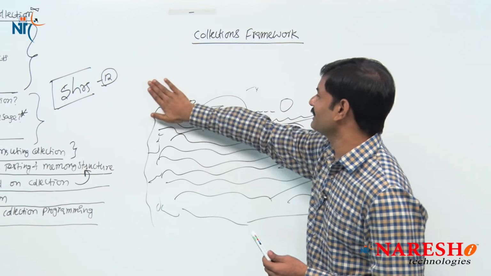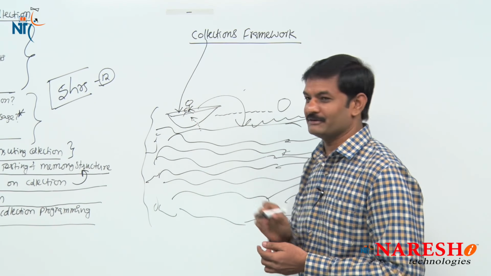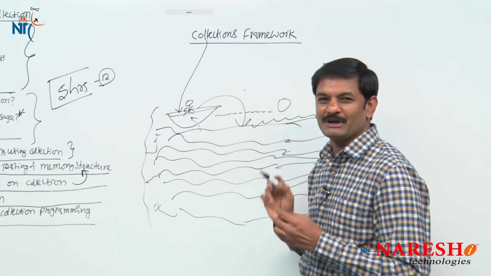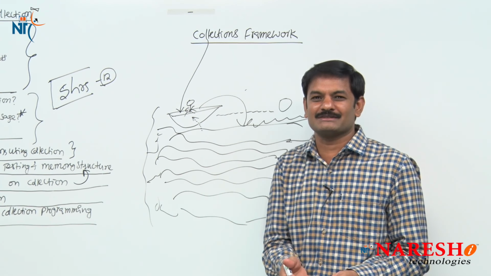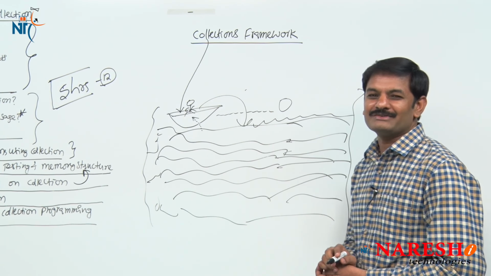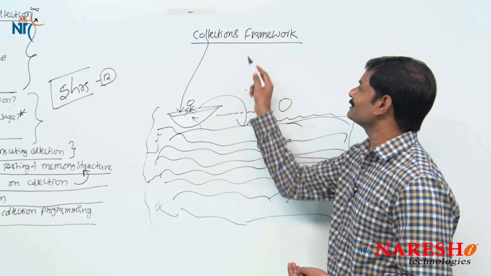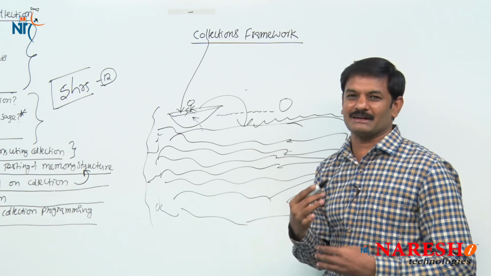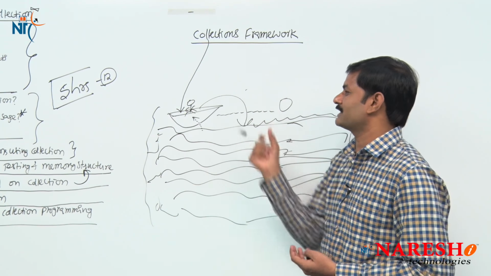So what is the point I am covering here? This ship is nothing but the collections framework. As long as the Sun Microsystems given code is satisfying your requirements, then no problem, your life will go very smoothly. All of a sudden, your company client requirement is not suitable with the code given by the collections framework. With the collections framework, the client requirement is unable to be fulfilled, that satisfaction is not coming.